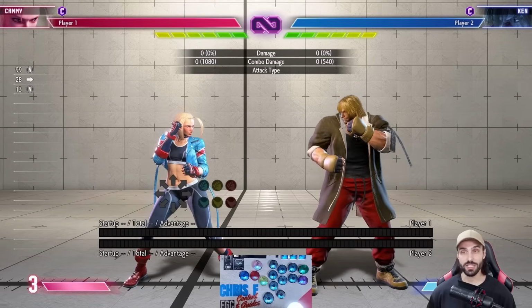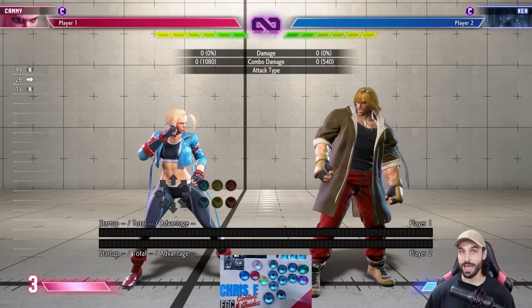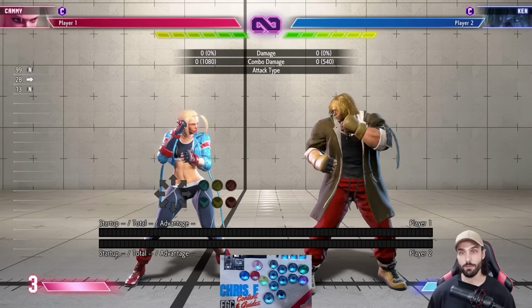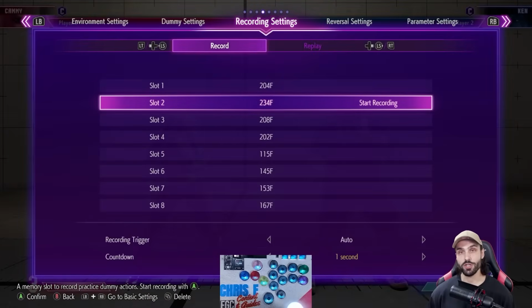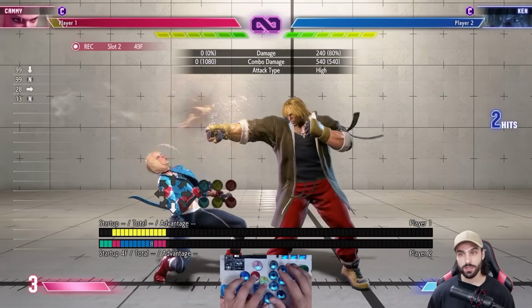But usually, especially once you get into the higher ranks of this game, you're going to have opponents who adapt a little bit more and won't keep on going for the same option. So let's add some variations to the defense to help us practice something that'll be more applicable in a real match. So here in slot 2, I'm just going to record the same thing,